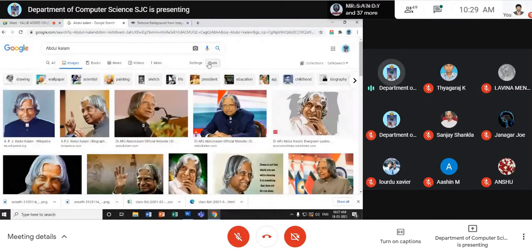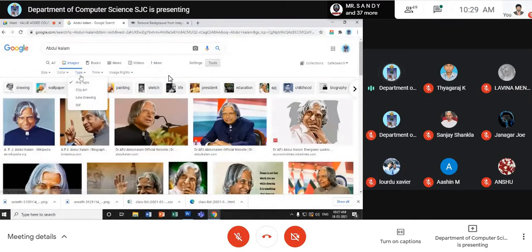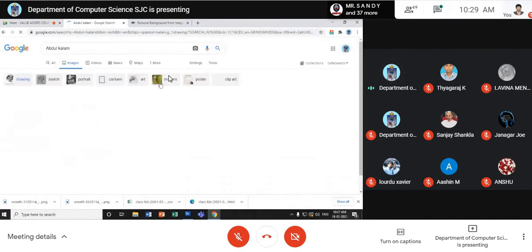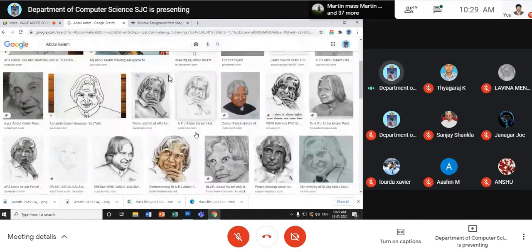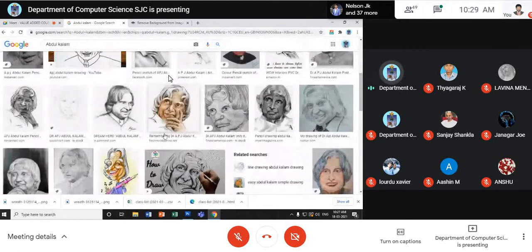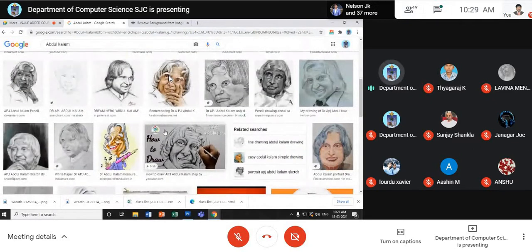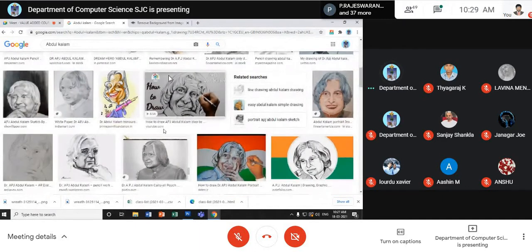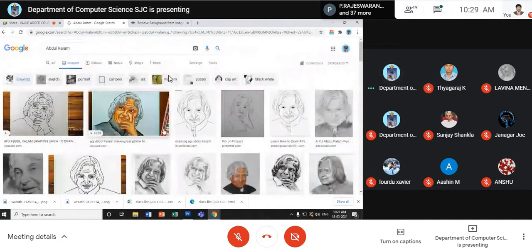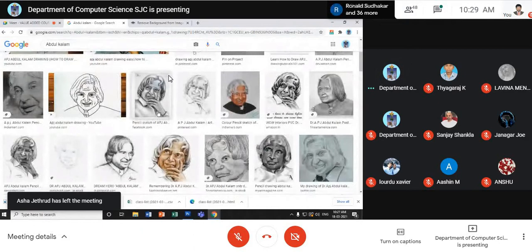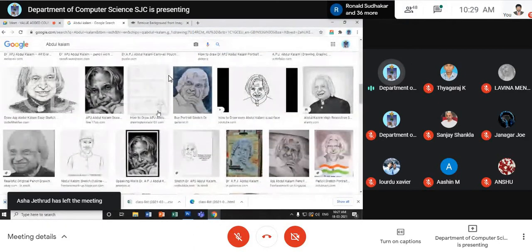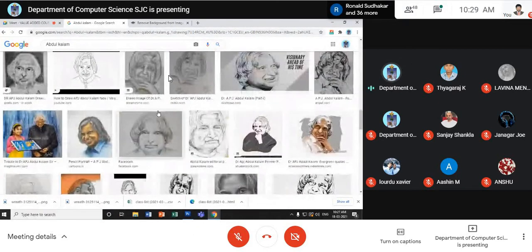You can again go for tools, type, go for clip, drawing. You can get so many drawings. If not a picture, drawing images, or you can draw. I will also give you an option for drawing Kalam. It can be done within one click, right? So what shall we do? Which one shall we pick up? Shall we pick up this one or a real image? You can take anything.